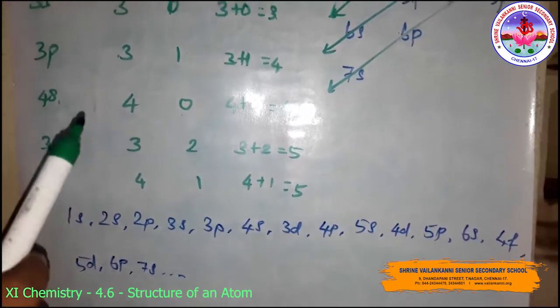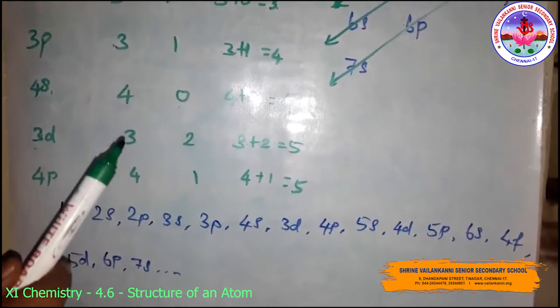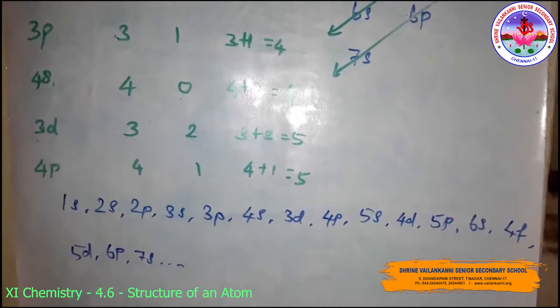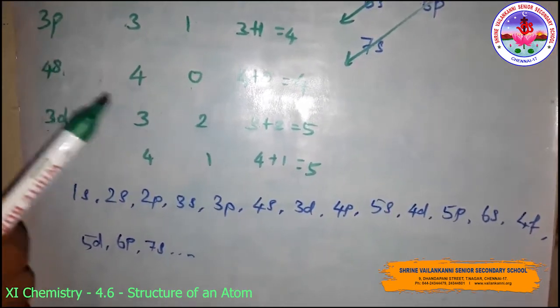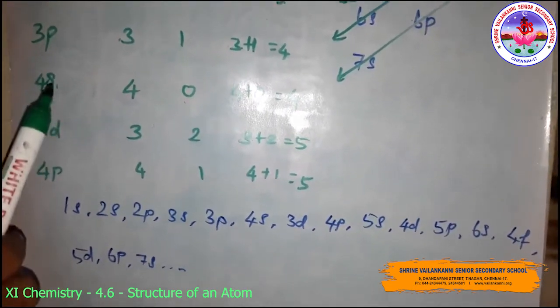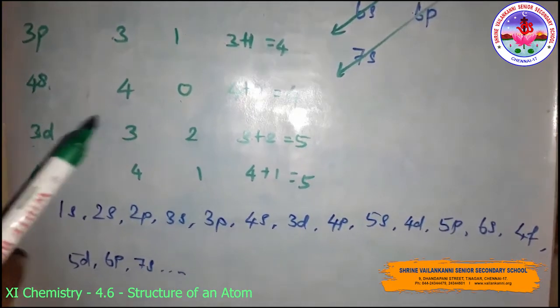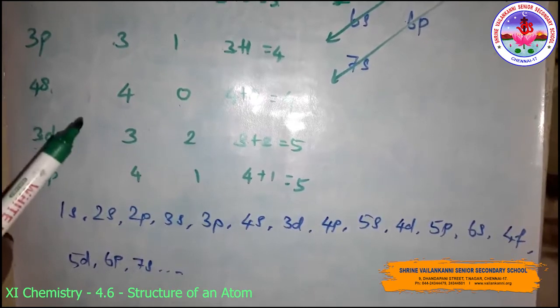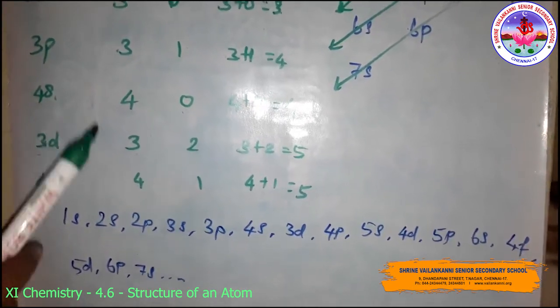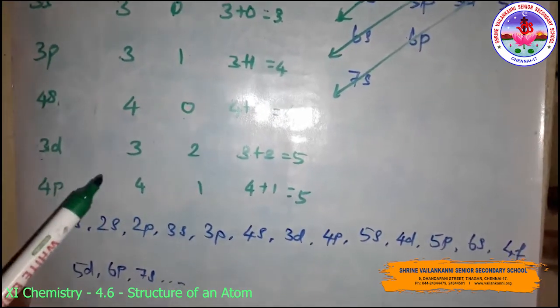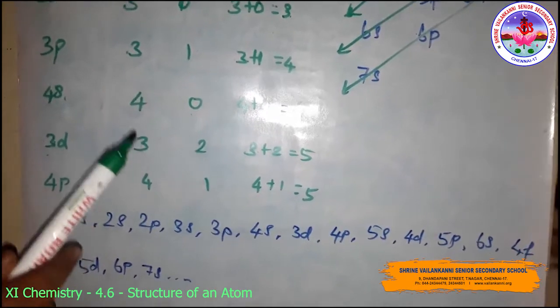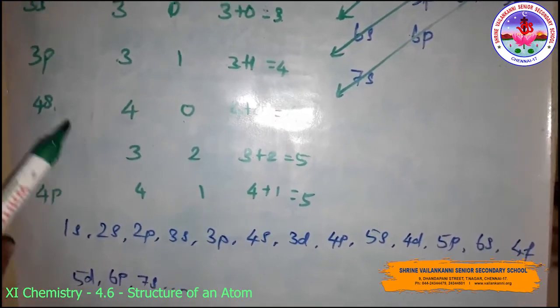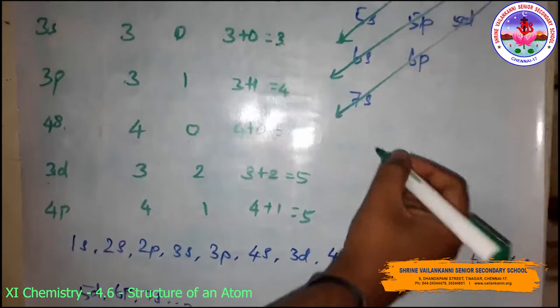I repeat that, no two electrons in an atom can have the same set of 4 quantum numbers. The statement is that only 2 electrons may exist in the same orbital, and these electrons must have opposite spin. So this means that 2 electrons can have the same value of 3 quantum numbers, that is n,